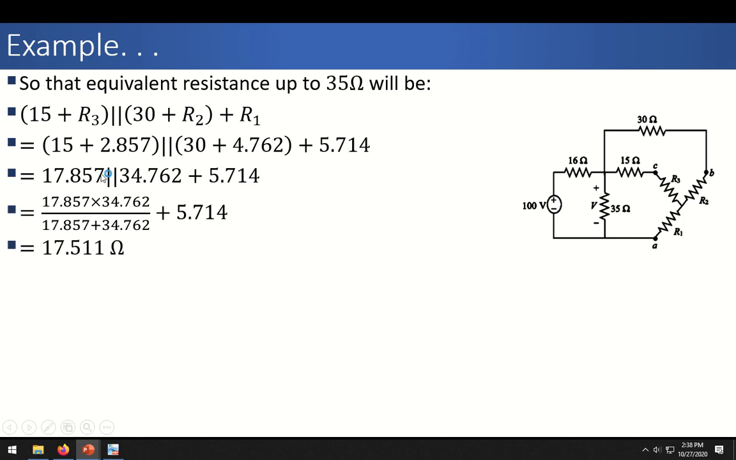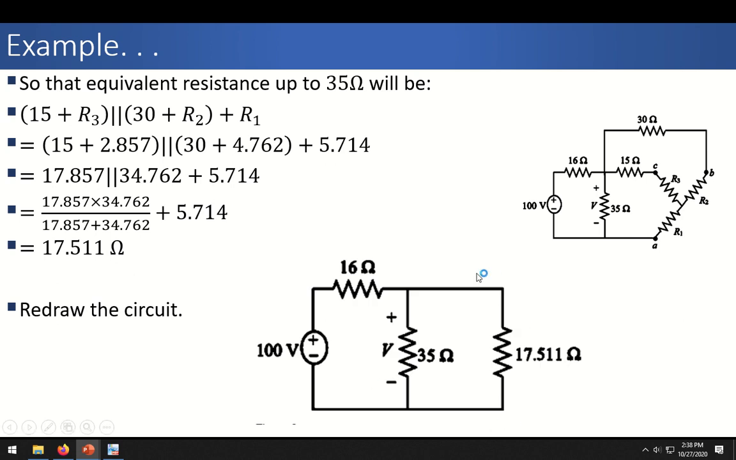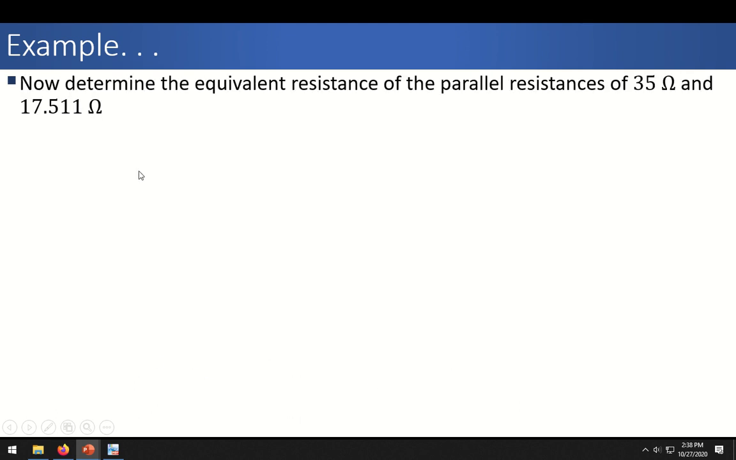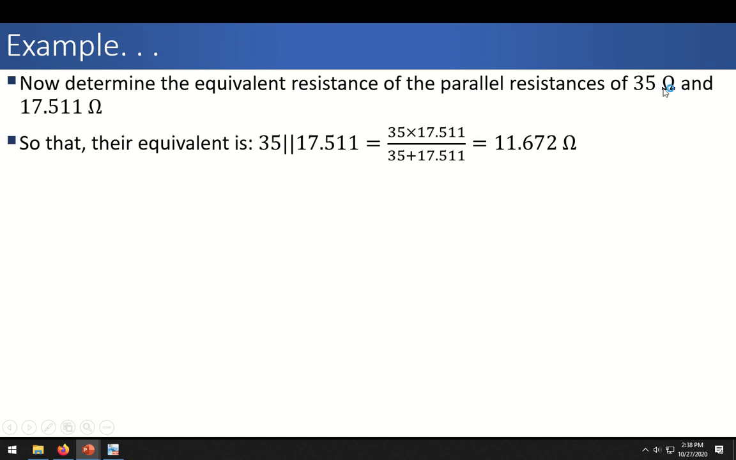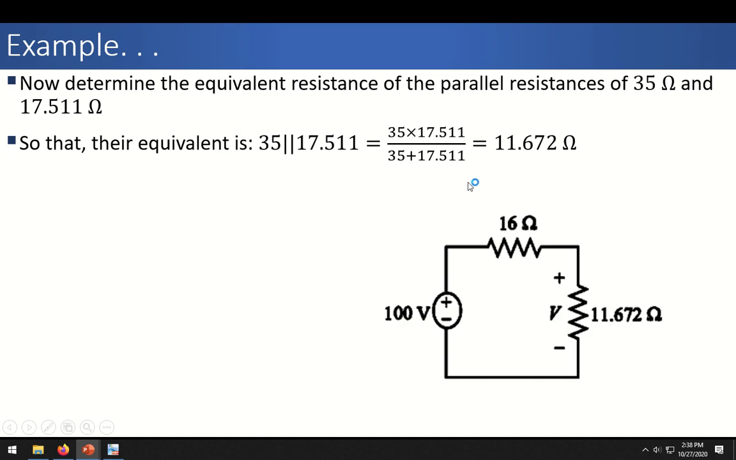So we can simplify because remember that equivalent of two parallel resistances is product divided by sum. So this is product divided by sum. So finally we can simplify this as 17.511 ohms. So now we can redraw the circuit. This is actually a resistance from this terminal to this terminal, 17.5. Now we can see that we can easily find V, that is voltage across 35 ohm resistance. Now we can determine the equivalent resistance of the parallel resistance of 35 and 17.5. So obviously this will be 35 in parallel with 17.5. So this is